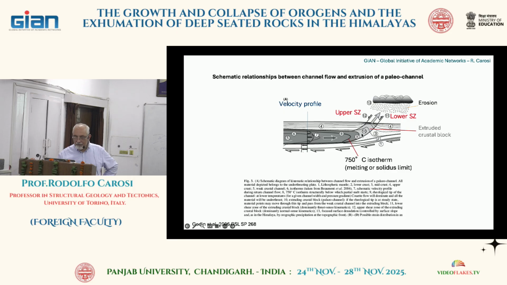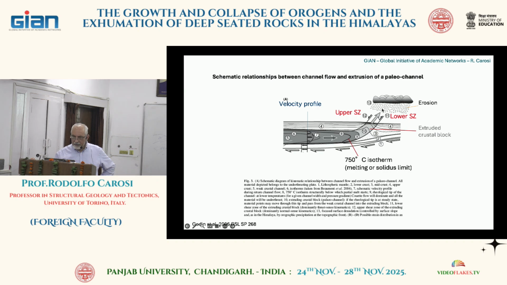Above, the rocks are molten and below, the rocks are in solid state. So the frontal part of the channel is a crystal block made by solid rocks that are extruded. So you have channel flow and the extrusion of solid rocks by the action of the normal fault and thrust fault,